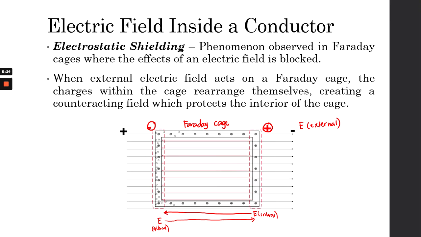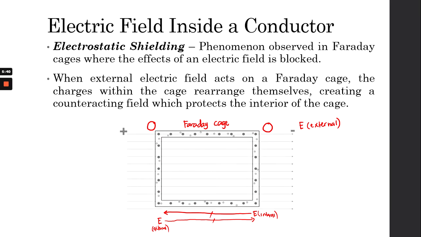And what happens, since these are both vector quantities, is that they cancel each other. And what happens inside of your Faraday cage is that it's basically neutral. There is no electric field inside, and that is true for a lot of things. So, for example, let's go back to the question: why is it hard for you to get a signal inside the